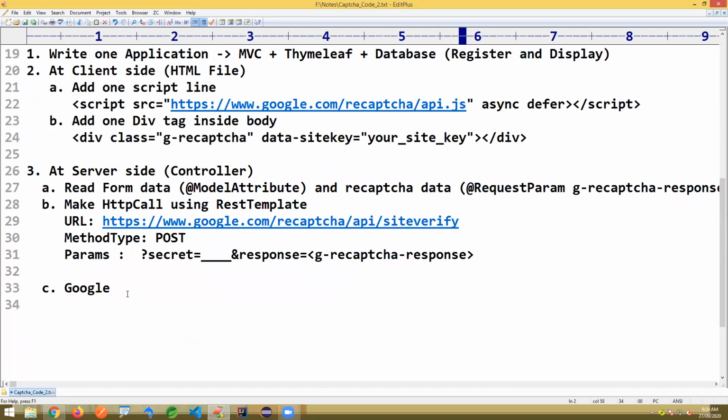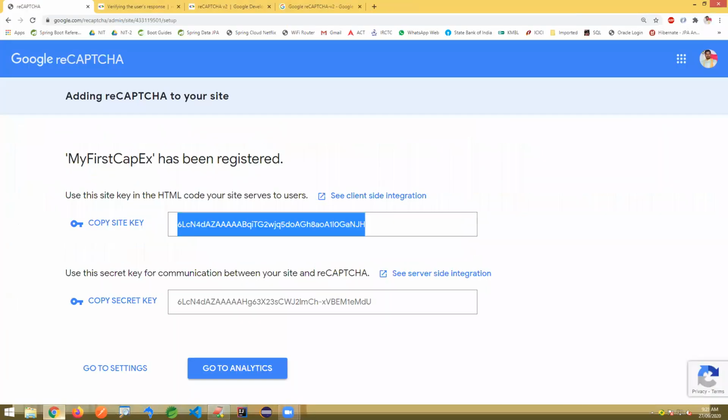Google reCAPTCHA 2 validates a request and gives a response.